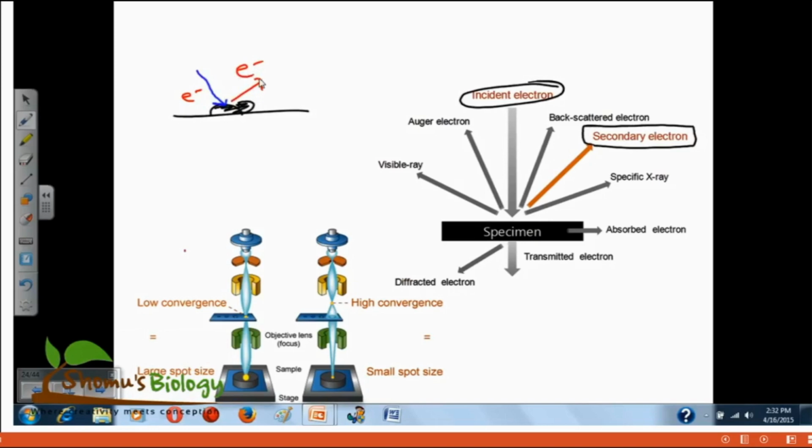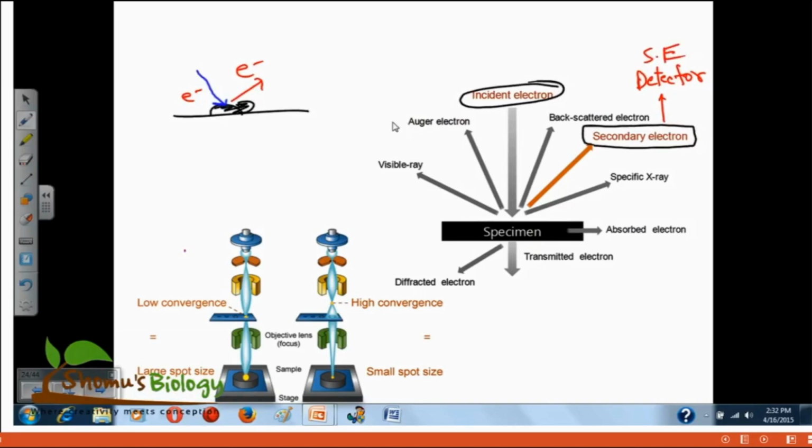And the electron that is going inside, which is absorbed, is called the primary electron that is coming in. The electrons they release from themselves are called secondary electrons. And secondary electron detection is very important. There is a detector called the secondary electron detector, which will detect the secondary electrons.